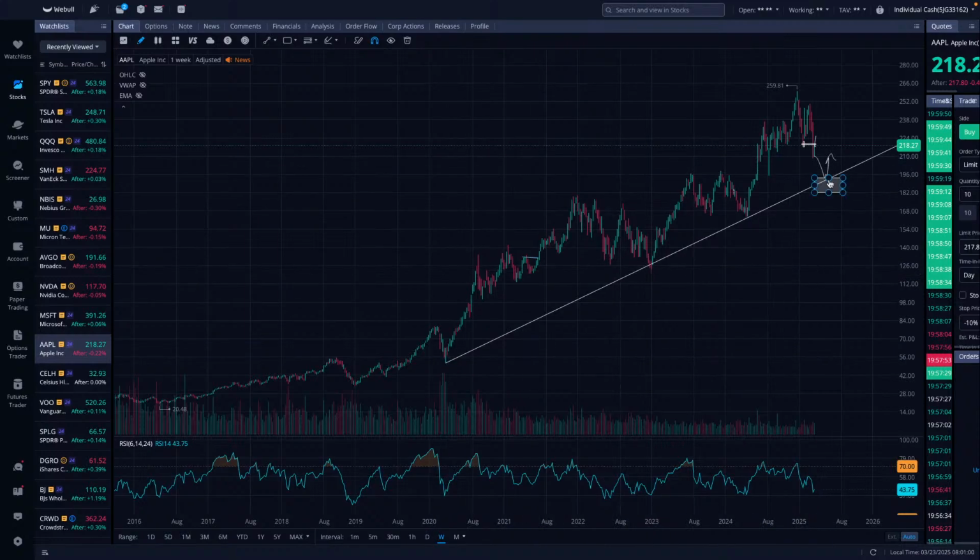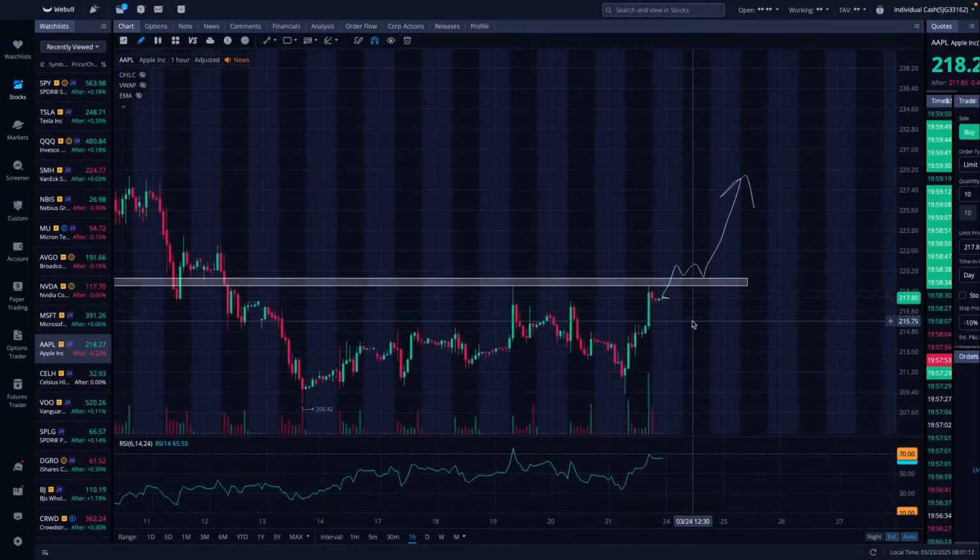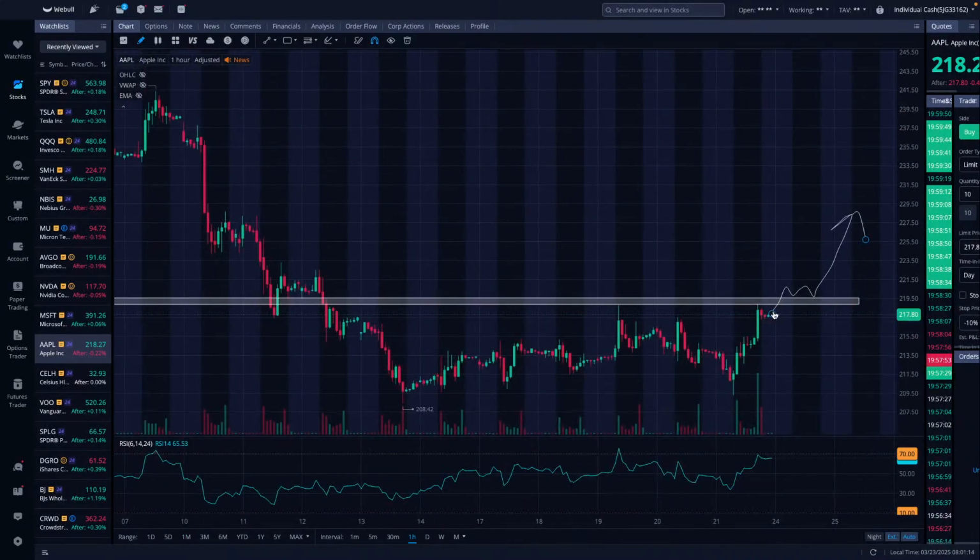That's what I'm looking for. I have this zone marked out. We're just going to wait for it at this point. And now, let's see here. So right there, I'll look for that. And then 220 range, if you're doing the short term, you've got to look for this move up here. We are looking for that hold of 220.